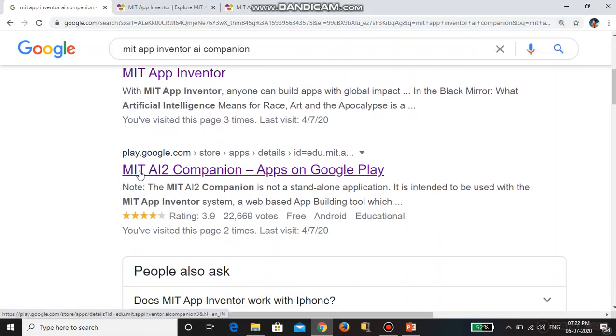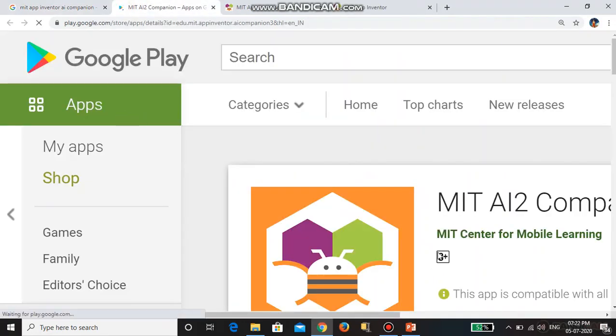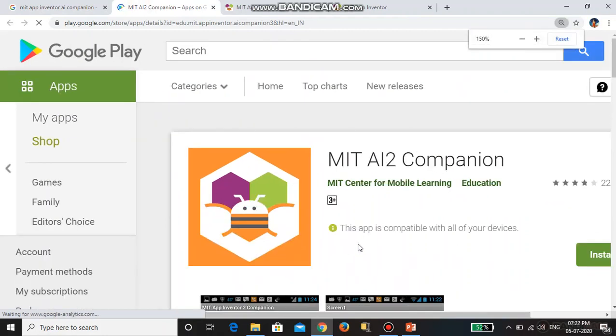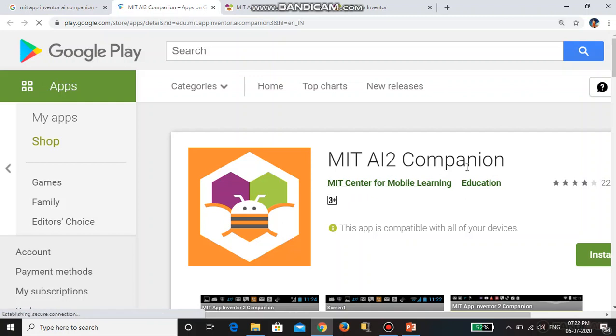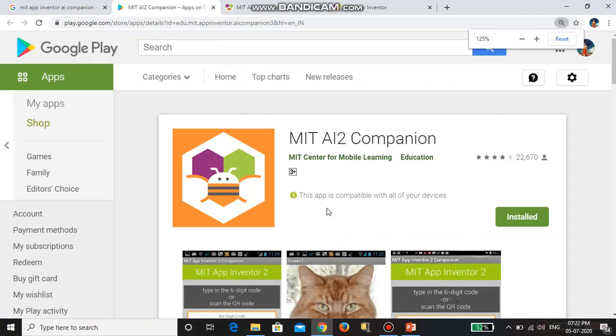In the Google Play Store you download the MIT AI2 companion app. This is an app for testing the app that we created. We want to download it in the smartphone, not in the PC or laptop.